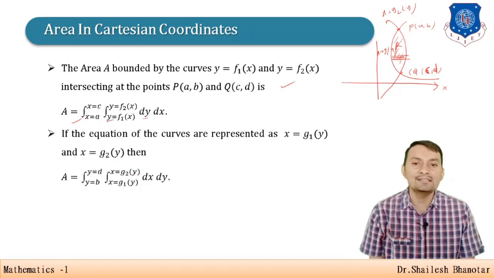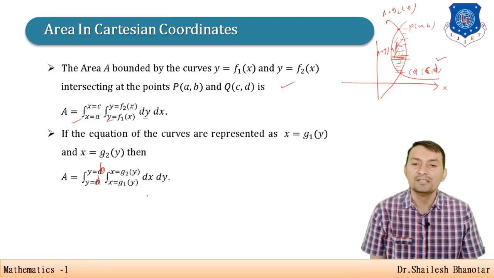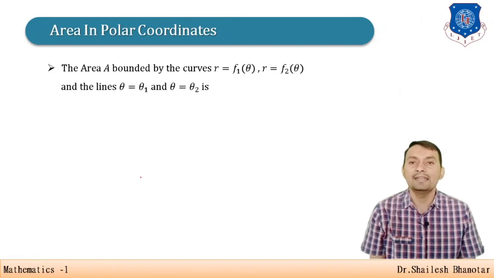But what range can I consider? I have to start from here and go up to here. This is the line parallel to the x-axis, so I can say y equals d, and the top is the other y coordinate, that is b. So the limits are y from d to b. The first limit is for x, so I consider dx, and the outer limit is for y, so dy. That will be the required area.